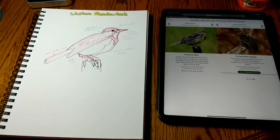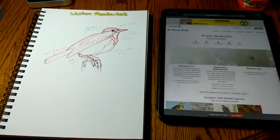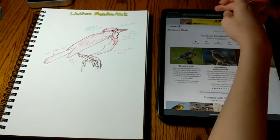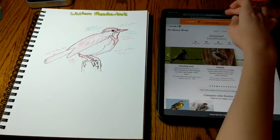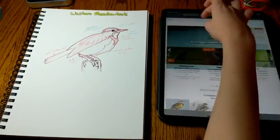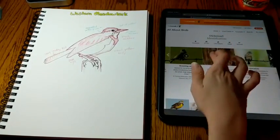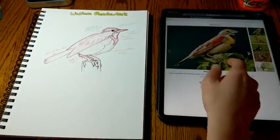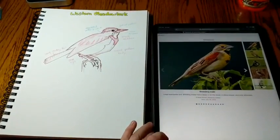Well, you know what? I want to do a dickcissel, so we're going to do a dickcissel. I think I actually already pulled one up. I pulled up several birds because I was like, what do I want to sketch? And I was like, grassland birds? What about upland sandpipers? Okay, anyway, dickcissels are so fun. Okay, let's do a dickcissel. Ooh, this is a good picture because this bird...